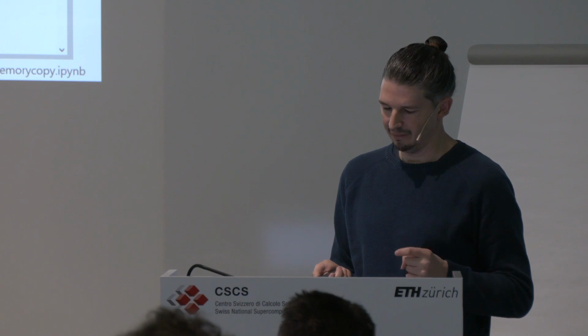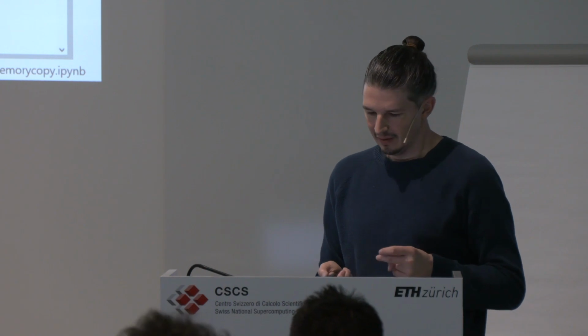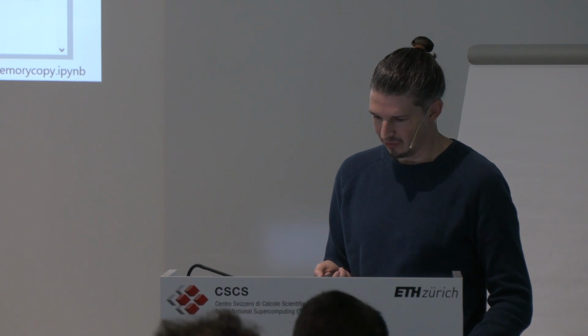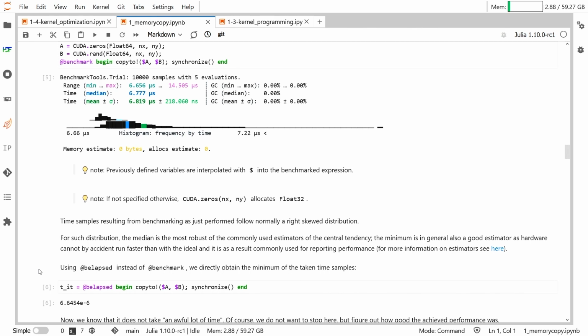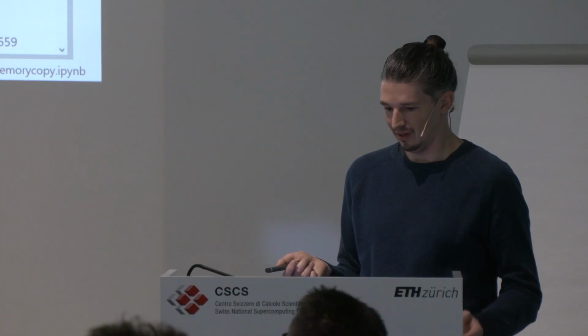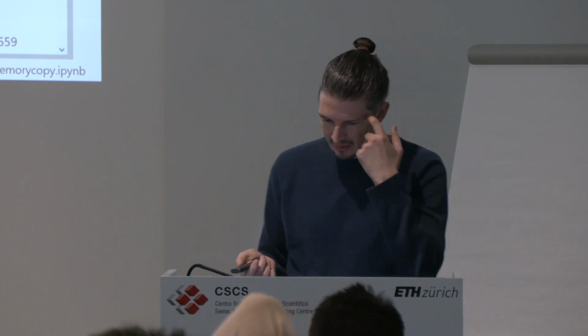Okay, so here you saw that we allocate two arrays and benchmark the function using benchmark tools. And then we get some result, right? Some as we did until now in the course. It is some amount of time, but let's say if you're not experienced like Tim, you don't have a good idea of how much time it is supposed to take. And so it will tell you maybe not so much. It will not tell you whether it's fast or not, right? Or how close you are to the possible limit. And so